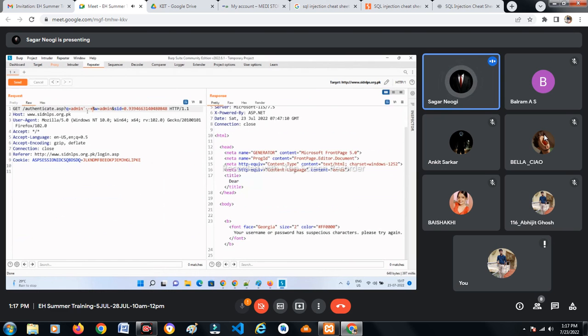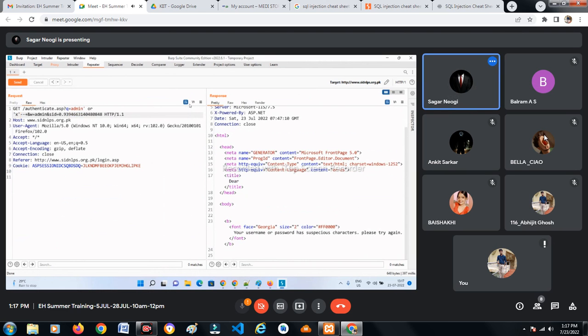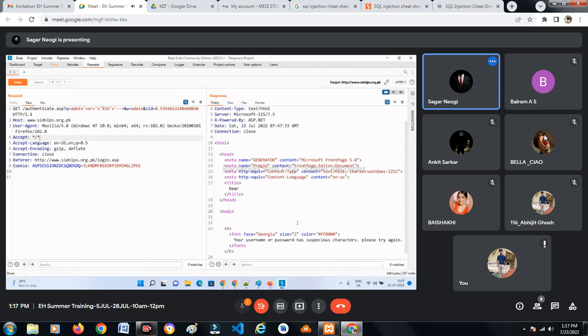Suspicious character. Okay, suspicious character. What if I do something like OR x equals x, and I URL encode this whole thing, and then if I send this, okay, I think they do have some kind of